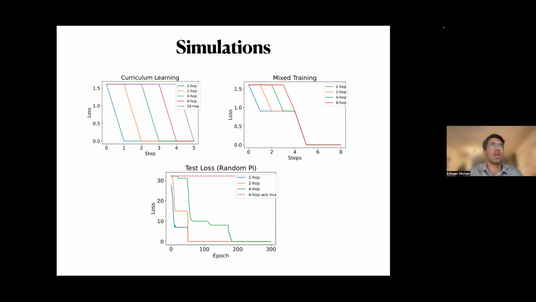And the same ends up being true in the mixed training setting as well, where this jump after all the hops are learned corresponds to having to take a gradient step on the readout layers. The bottommost plot is a slightly more realistic setting where we have a standard encoder-only transformer where the input is not these one-hot embeddings, but rather the labels of the permutations.